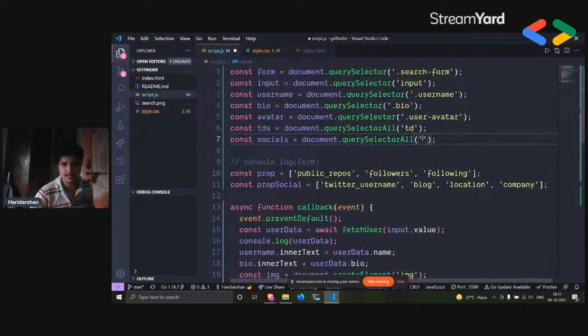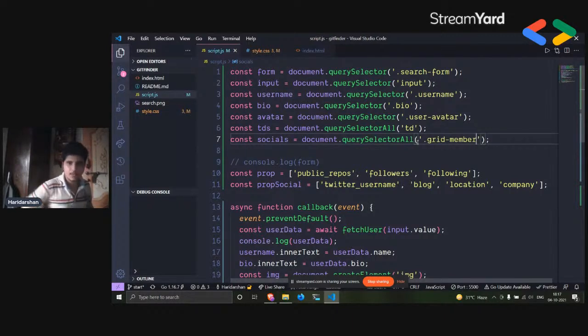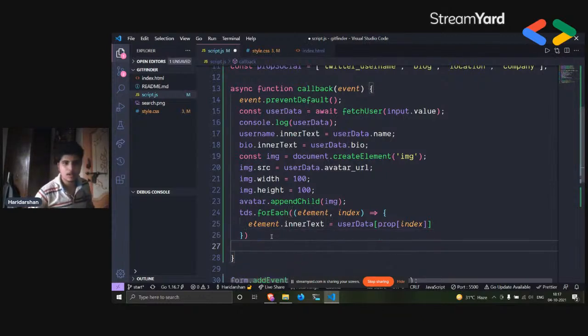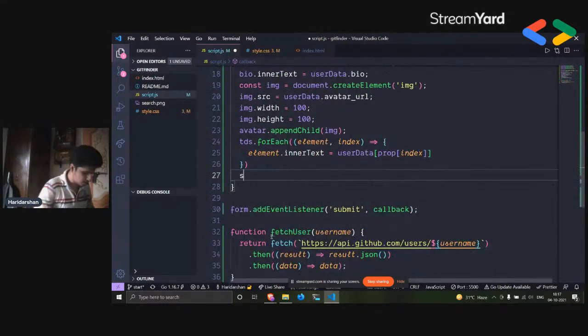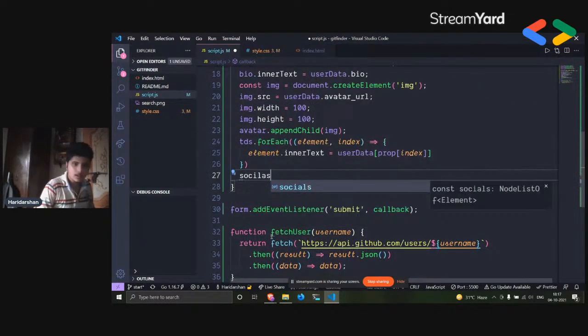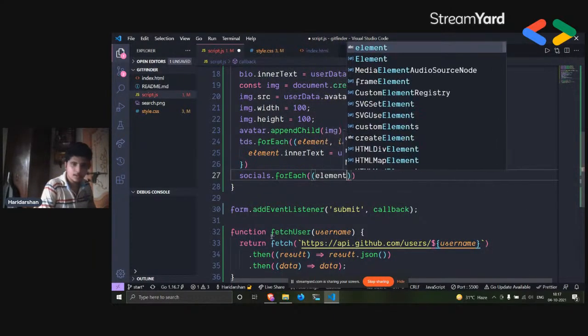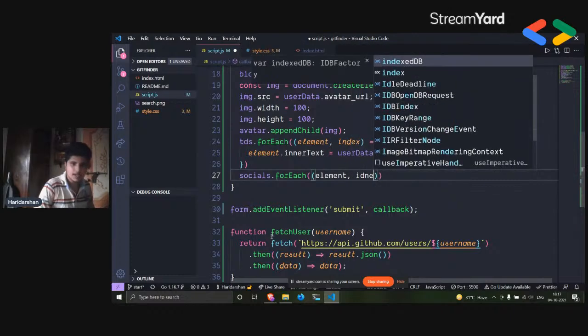So it will select all the grid members. We'll have this grid member as a class, and then we have this socials.forEach, and again we take this element, we take this index,